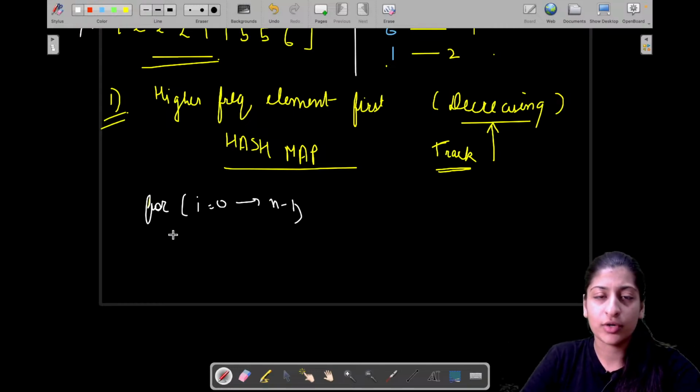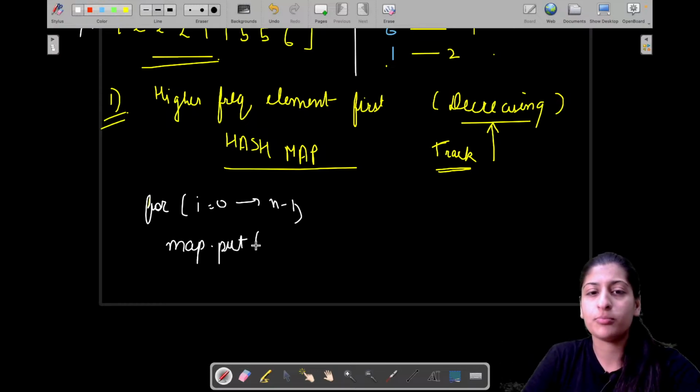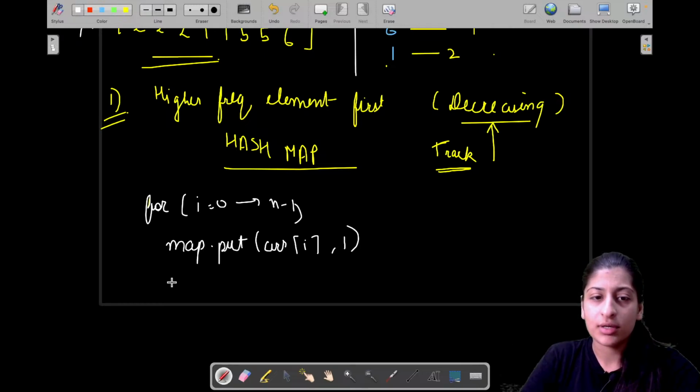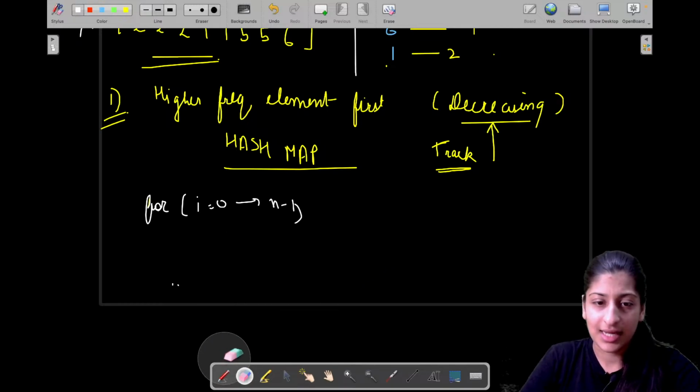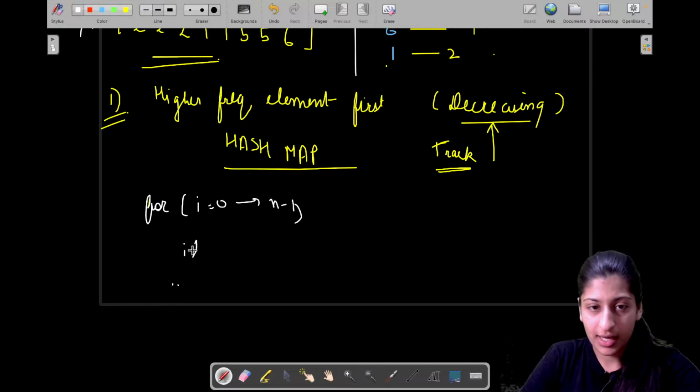You're traversing over your array, and in your map you are inserting the values. If they are not found, map dot put arr of i, whatever. If it's an array list, then arr dot get i, otherwise arr of i. And if it is not found, then you will put 1. If it is found, I'm not going to write exactly, this is for your understanding. Okay, if map dot contains key,